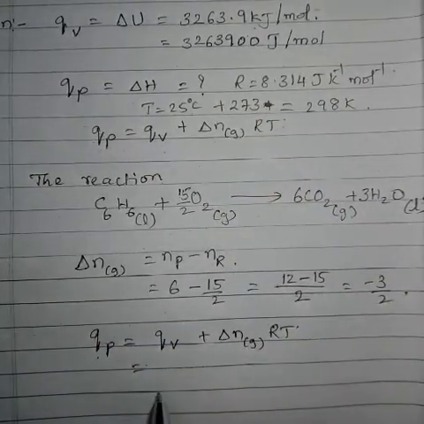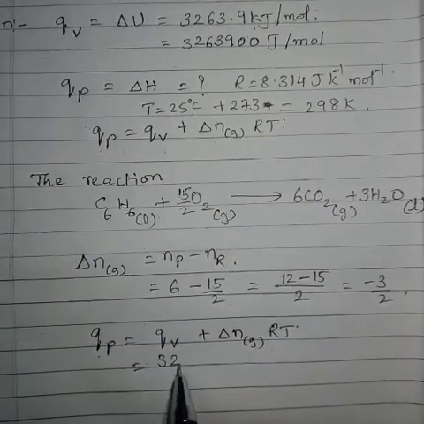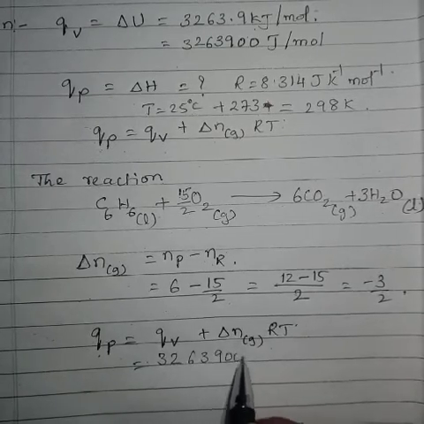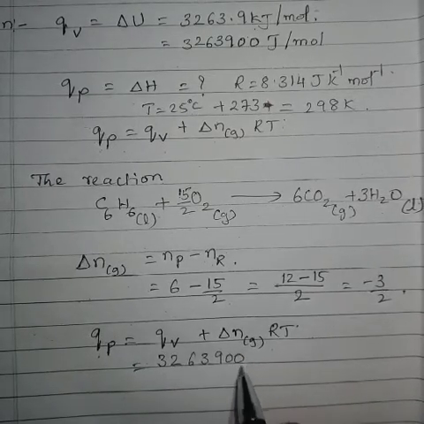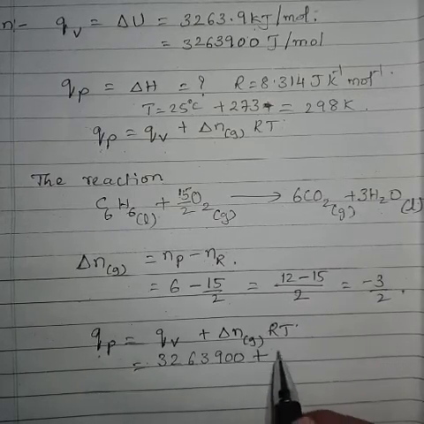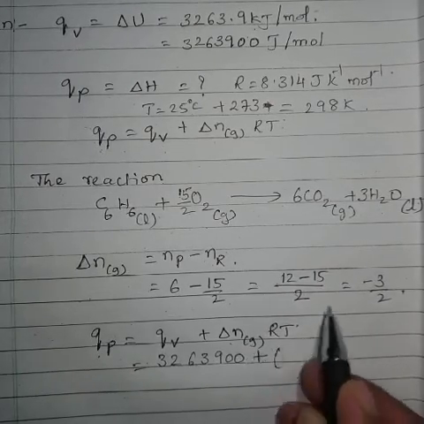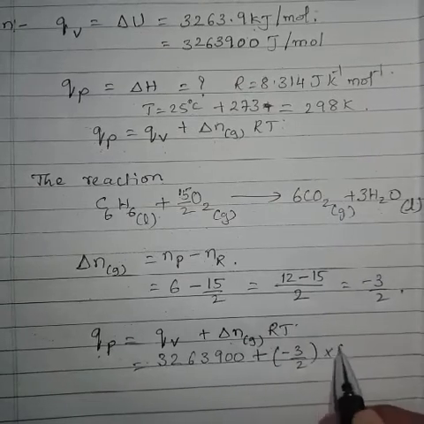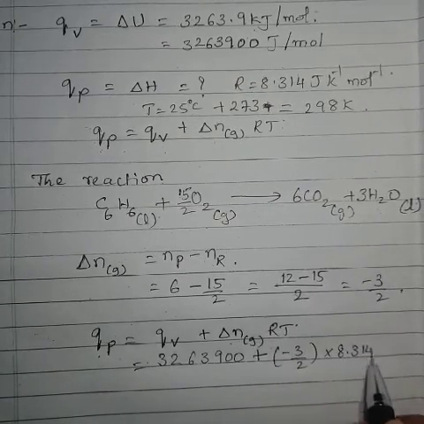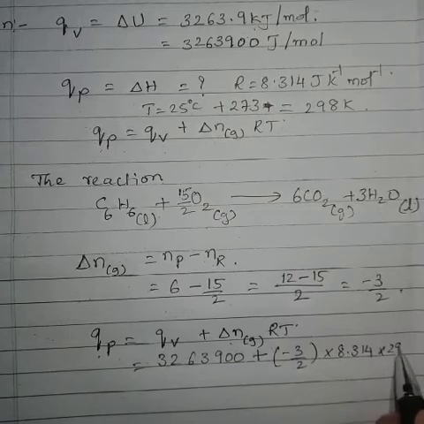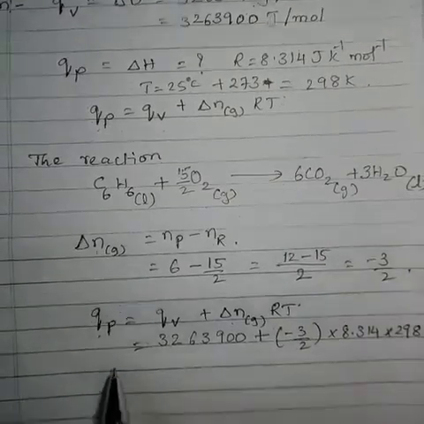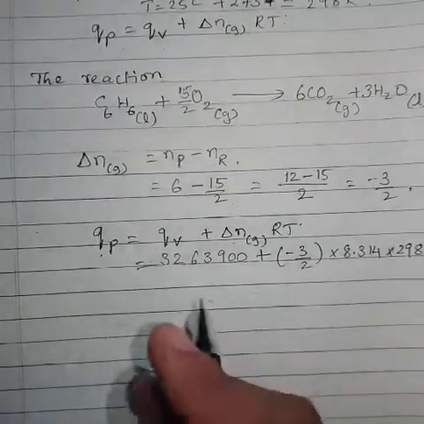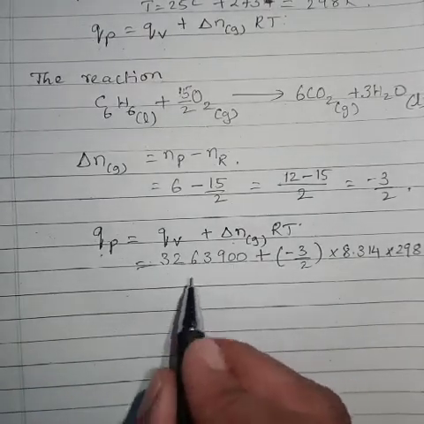QV value is 32,63,900 joules plus delta Ng value, which is minus 3 by 2, R is 8.314 and temperature is 298. So just by solving this we are getting